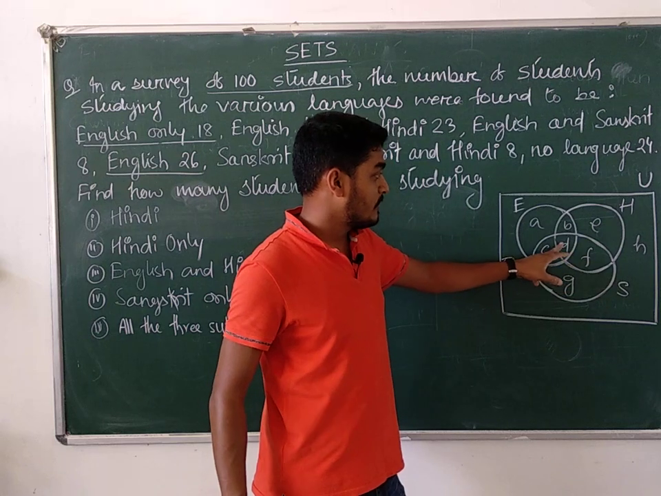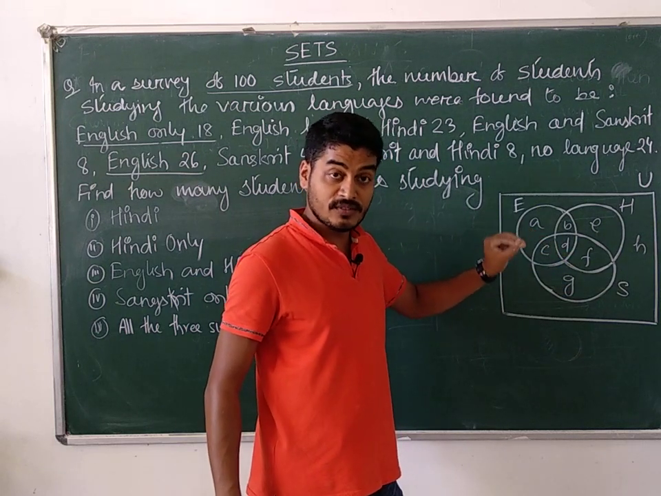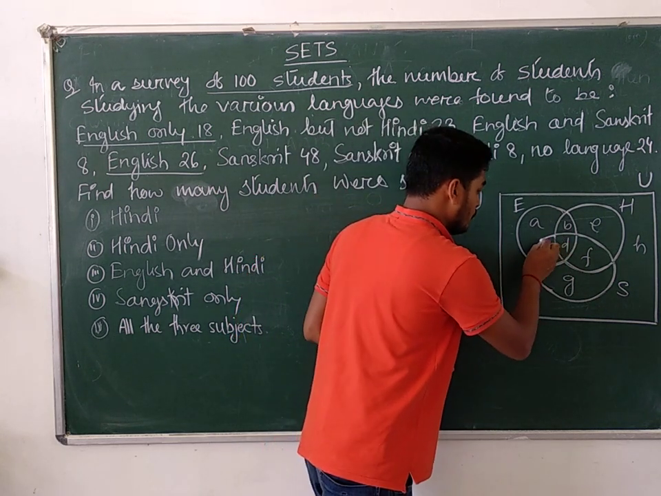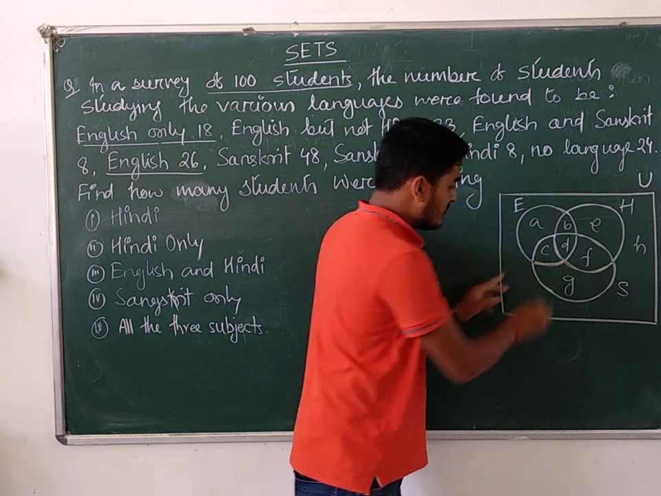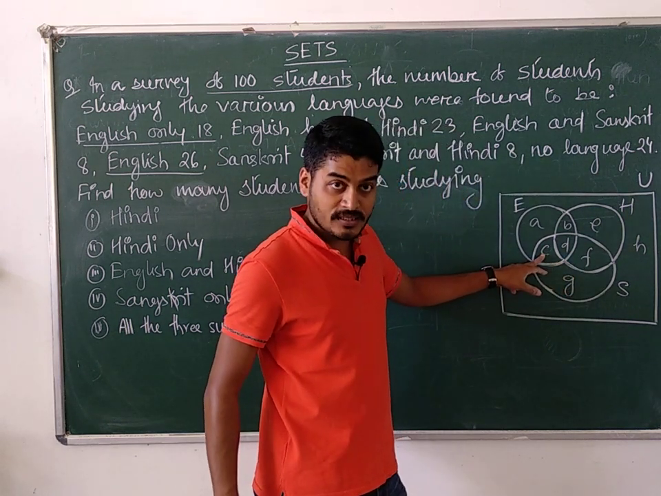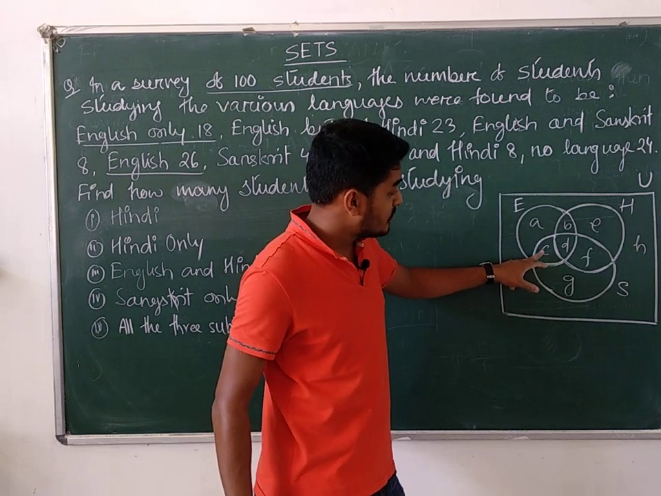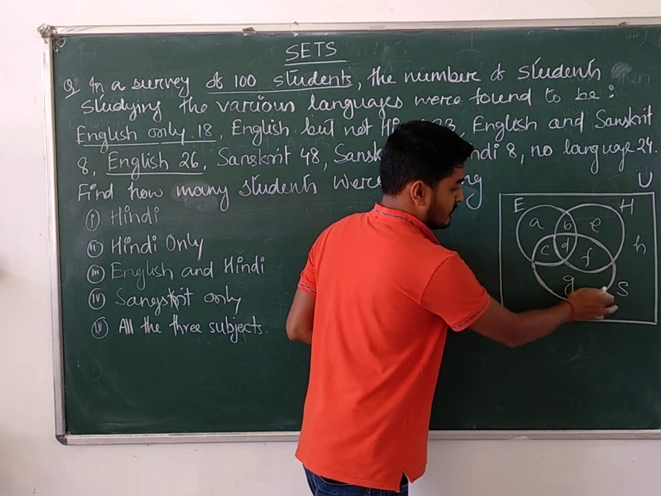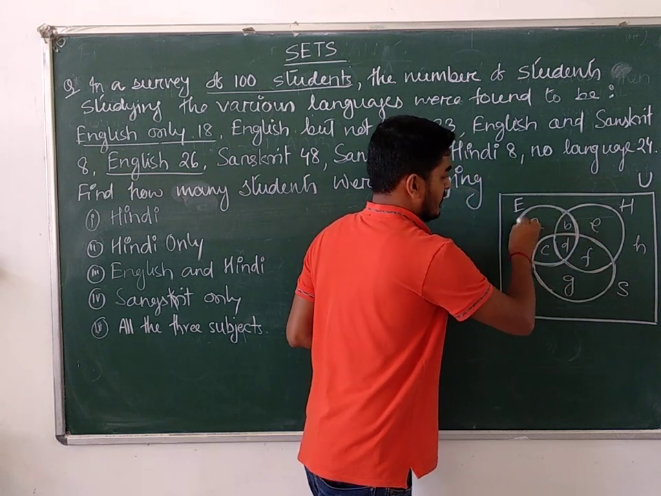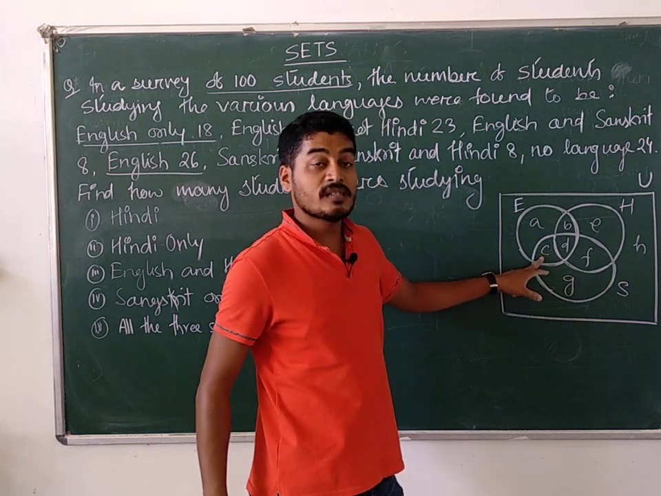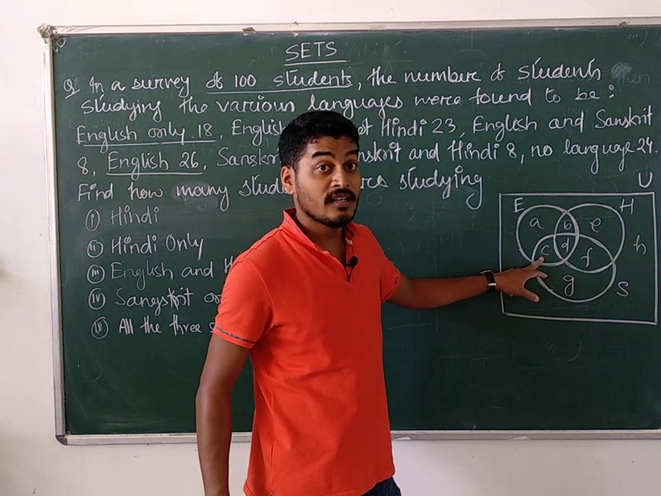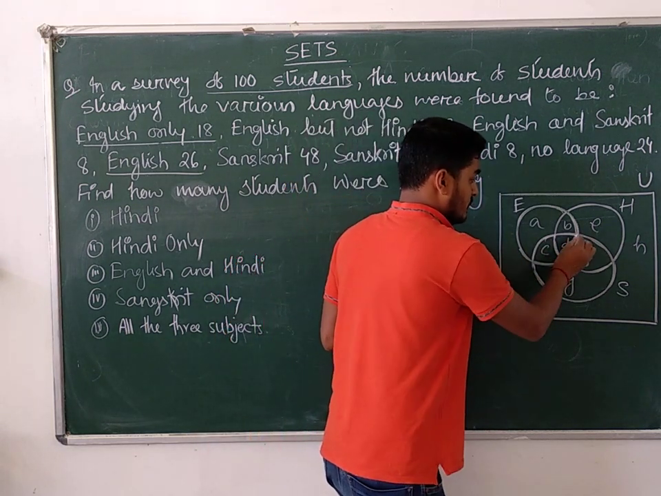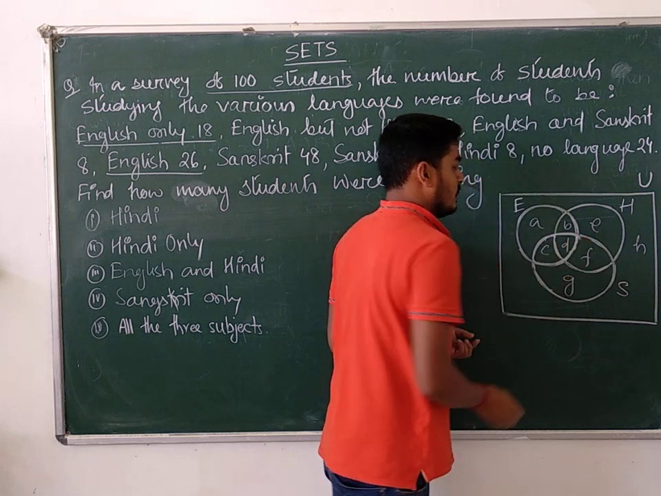It is the intersection portion. That means the value of D will represent the number of students who are studying all the three subjects. What is C? C is the number of students who study Sanskrit and Hindi only. But C plus D means what? C plus D is that portion. C plus D is the total number of students who are studying